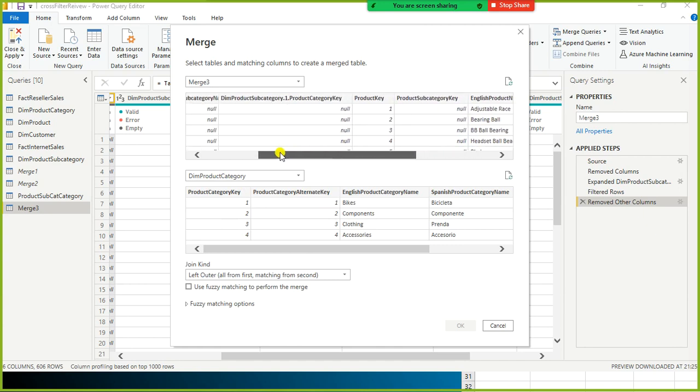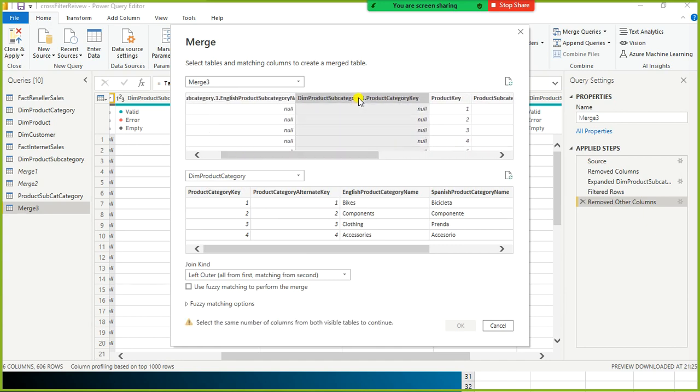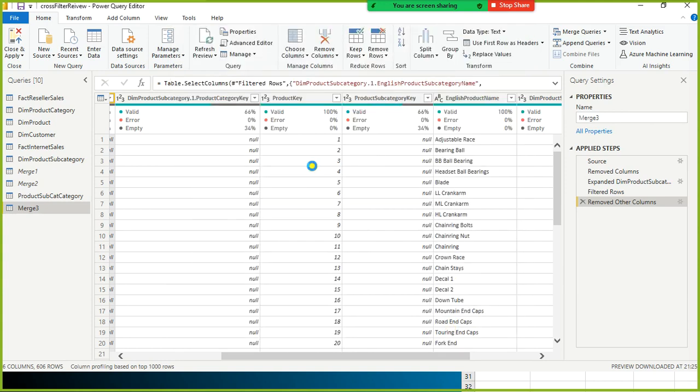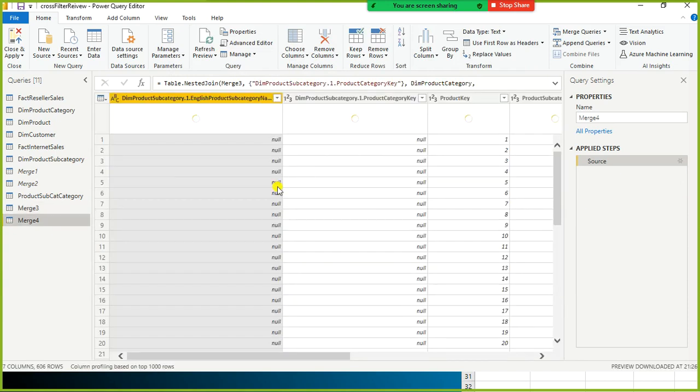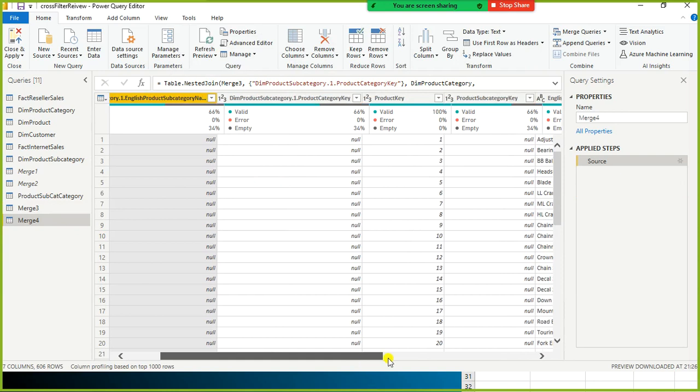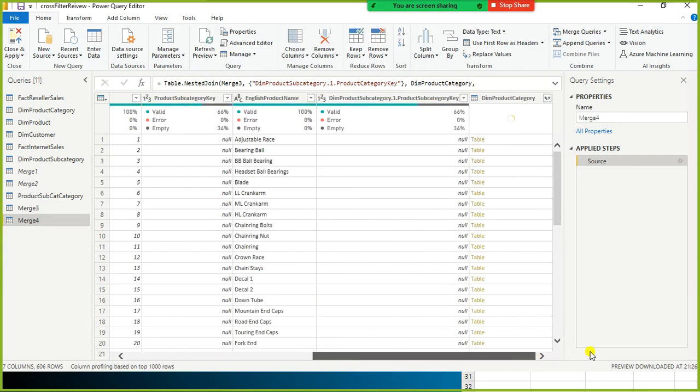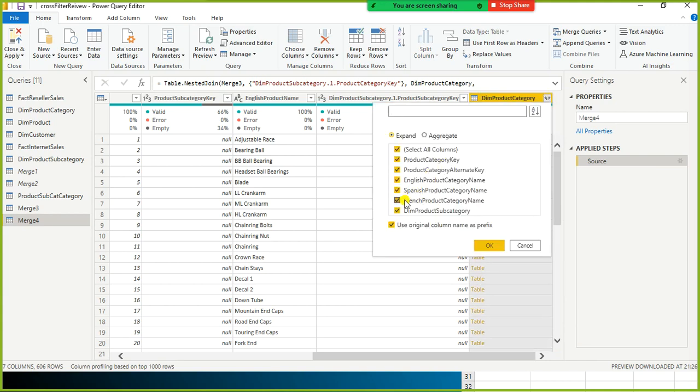Where is the category key? This is the one. I select these two and click OK. And I have here this structured table column. When I click on this, I can get the category name.